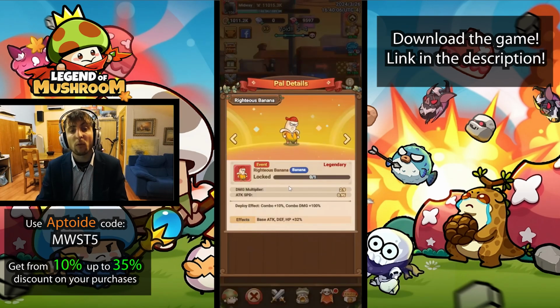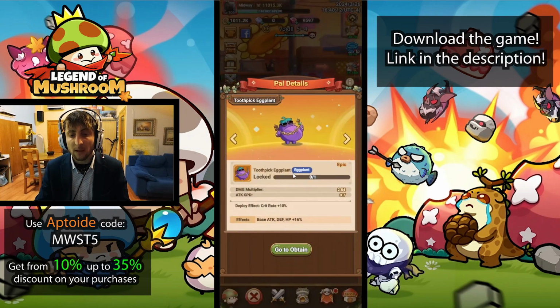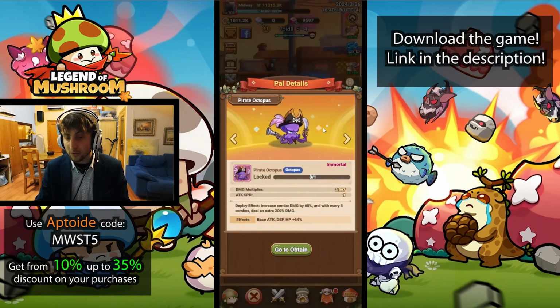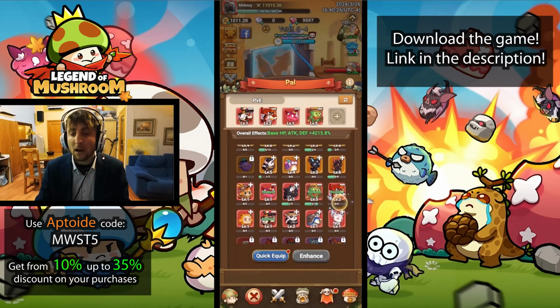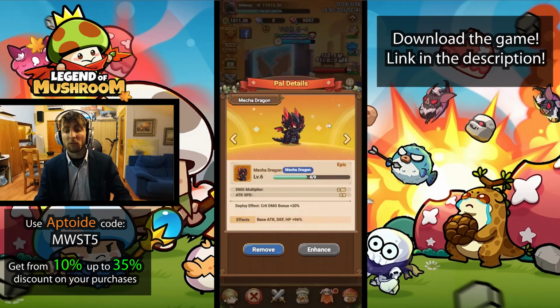Now, if we have the banana, we can get extra baseline combo as well as combo damage. Really strong. A very good choice here, probably the better one, would be the eggplant, which is going to give us 10% crit rate, so very strong. We could also go for the octopus if we have access to it, of course. It increases combo damage by 60% and also gets the extra damage dealt, but that's immortal and I don't have access to it right now. Neither do I to the banana nor the eggplant, so I'm instead going to be using